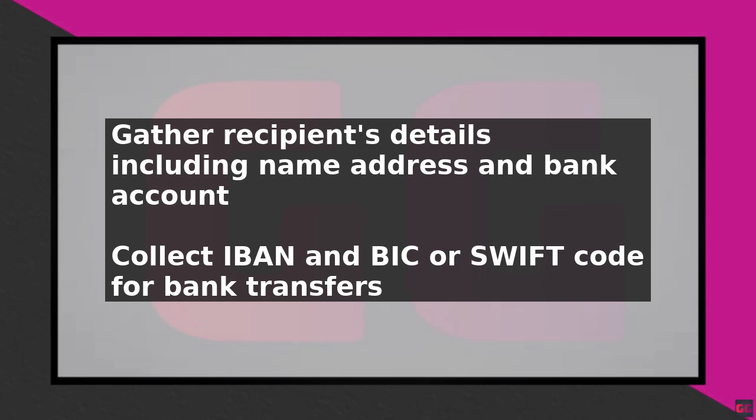You will typically need to provide identification and proof of address to verify your account. After your account is set up, you can initiate the transfer by entering the recipient's details and the amount you wish to send. You will then be given a quote for the transfer, including any fees and the exchange rate. If you are happy with the quote, you can proceed with the transfer, and the money will be sent to the recipient's account in Germany.